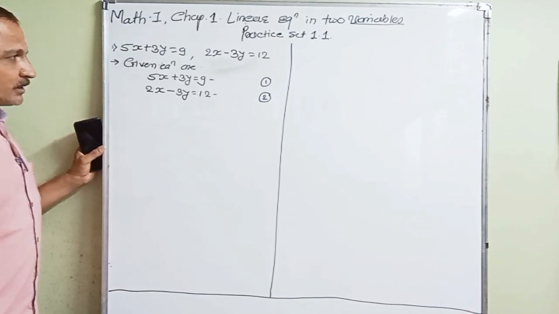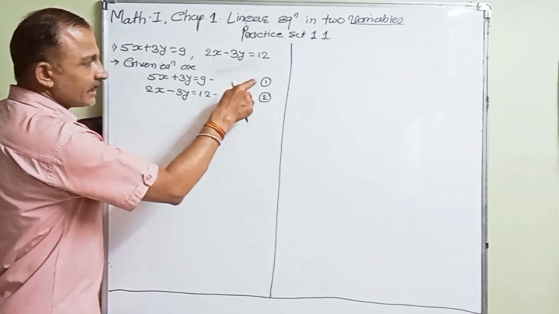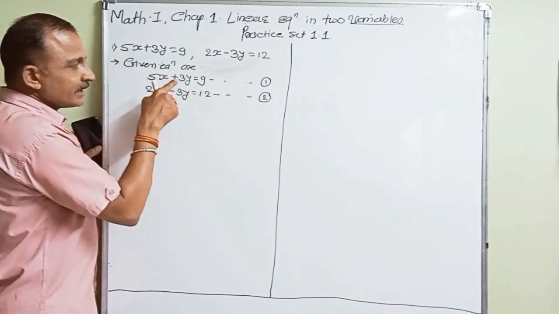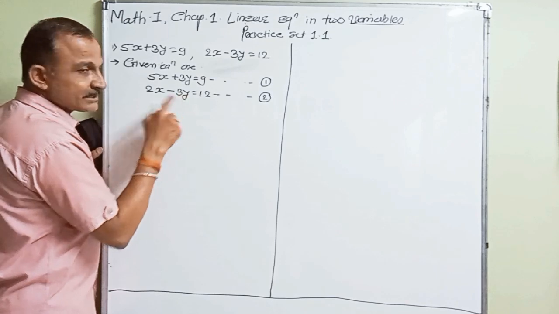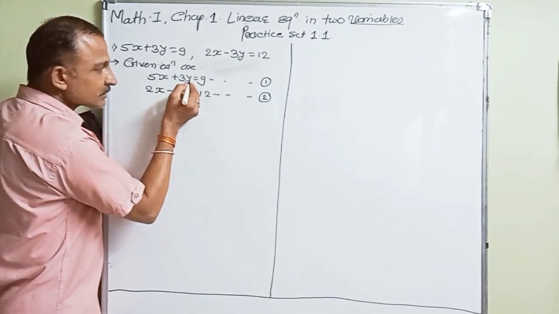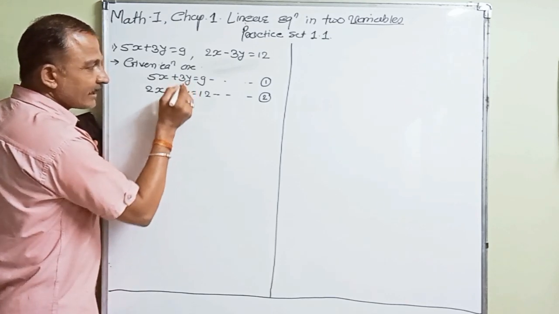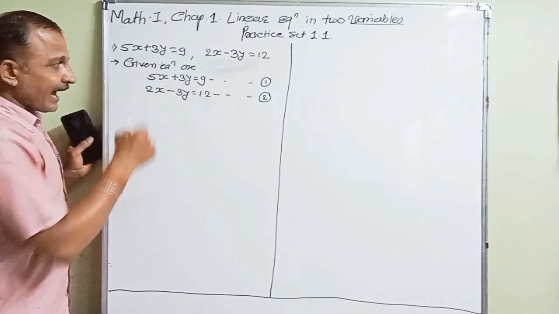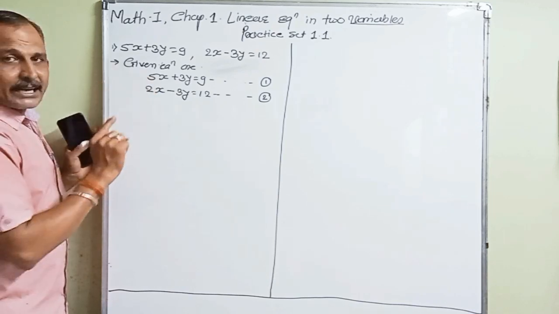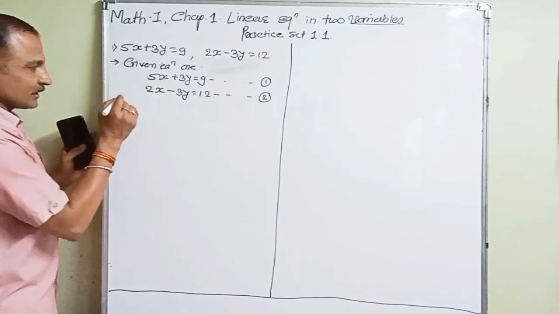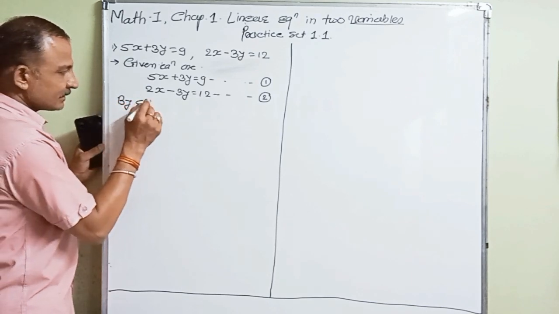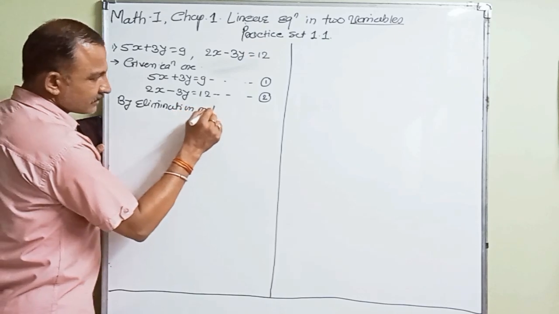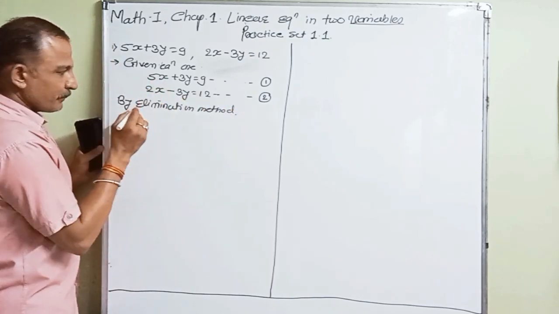Now if we observe these two equations, equation 1 and equation 2, we see that here is plus 3y and here is minus 3y. So the coefficient of y is the same, that is 3, and here it is plus and here it is minus. So if we add these, then these two get cancelled. So this is called the elimination. So we write here: by elimination method, we simply add